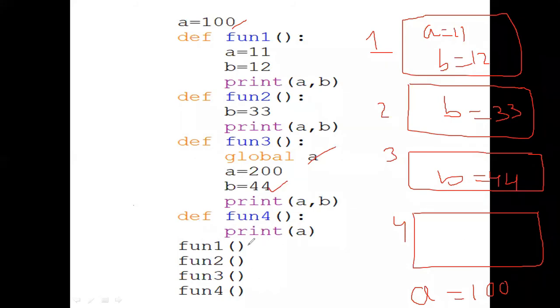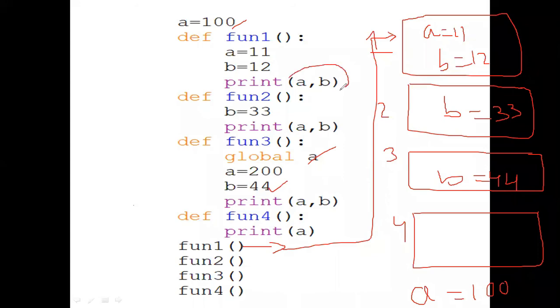Now function 1 is called. The Python interpreter prepares one global list, which is a equals 100, and for function 1 there is a local list with a equals 11 and b equals 12.